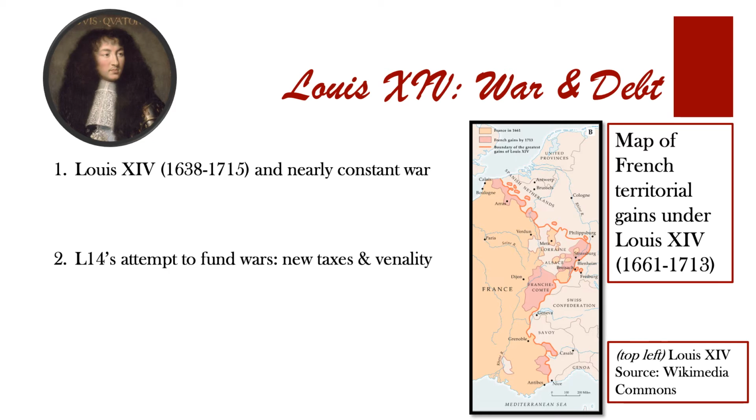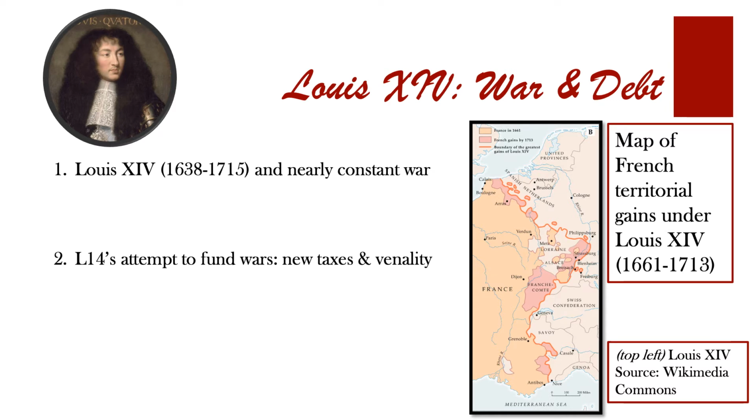To pay for this massively expanding army, Louis XIV did two things. First, he created new taxes. Louis XIV was responsible for the first occasional tax, the capitation, which he enacted in 1695, as well as the dixième, which was the first true income tax, enacted in 1710. All of these taxes were approved by the Parlement of Paris, largely because France was at war.